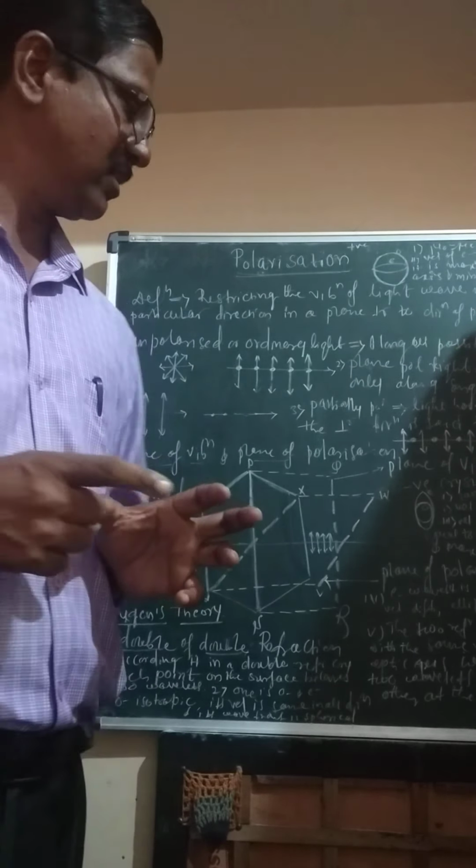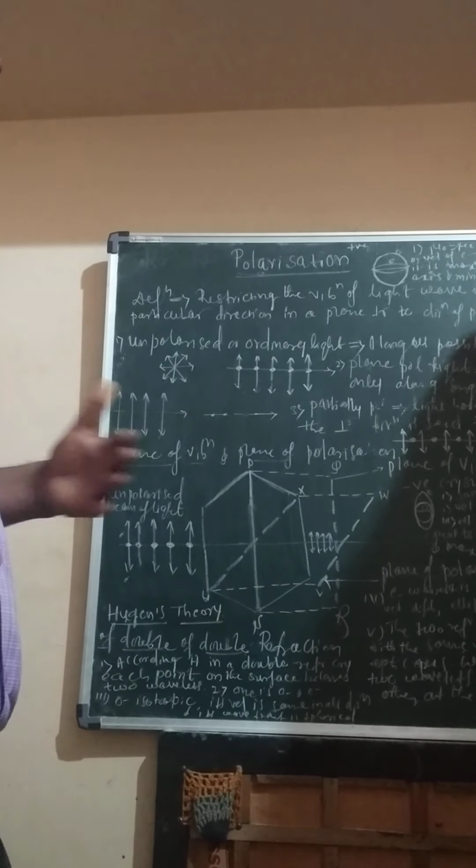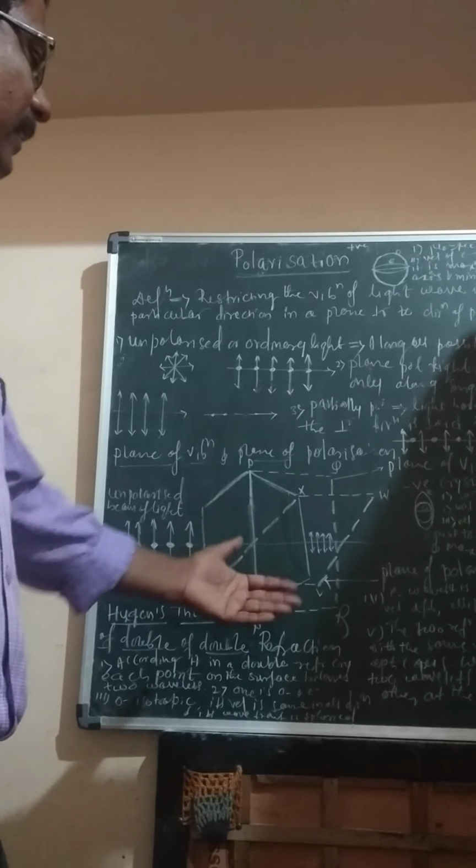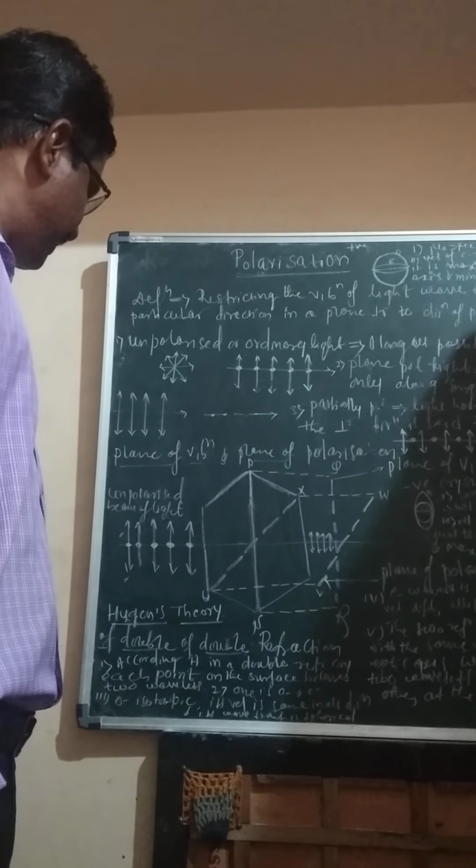So in the case of negative and positive crystals, whatever the two rays obtained on passing through the crystals, the two refracted rays travel with the same velocity along the optical axis. Hence those two wavelets touch each other at the optical axis. Okay. So this is the theory provided by our Huygens for